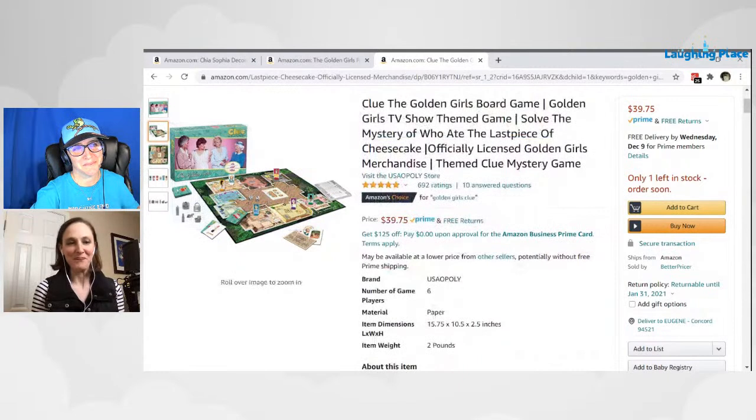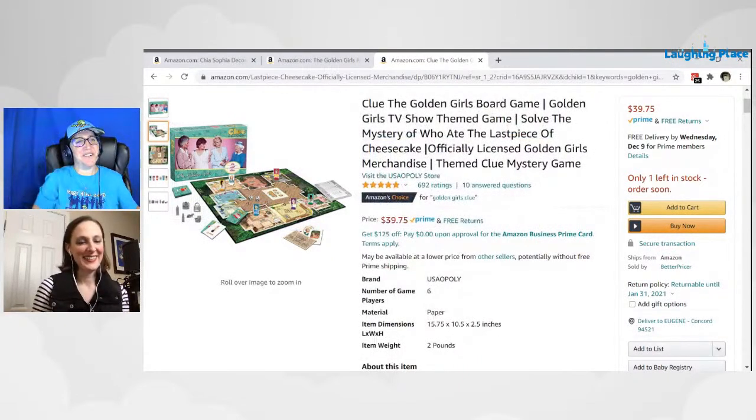And then if you're looking for an evening of fun with the Golden Girls, you can solve the mystery of who ate the last piece of cheesecake with this board game from USopoly. It's a Clue-style game, but instead of